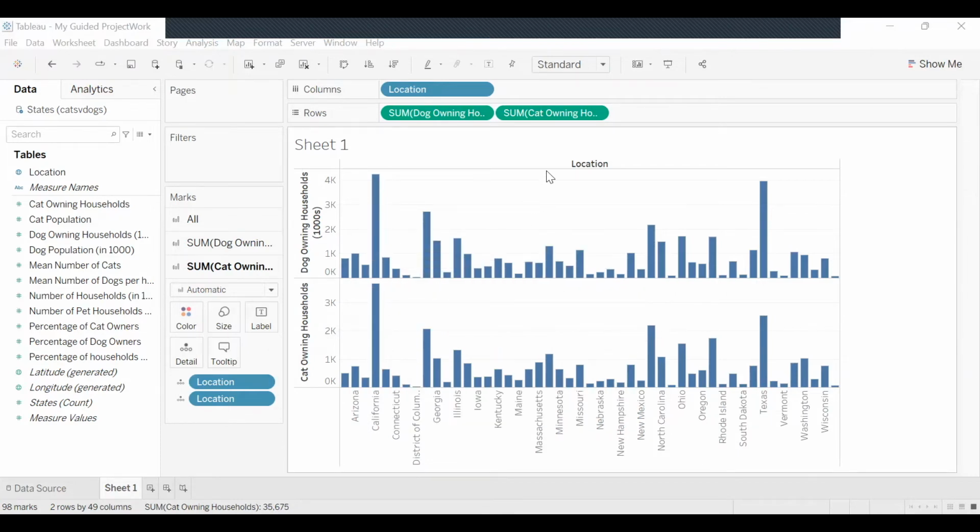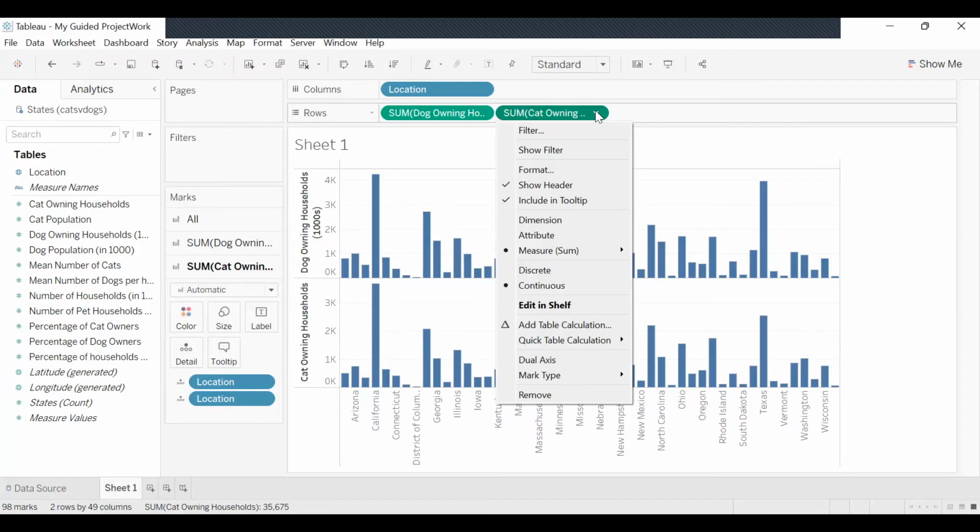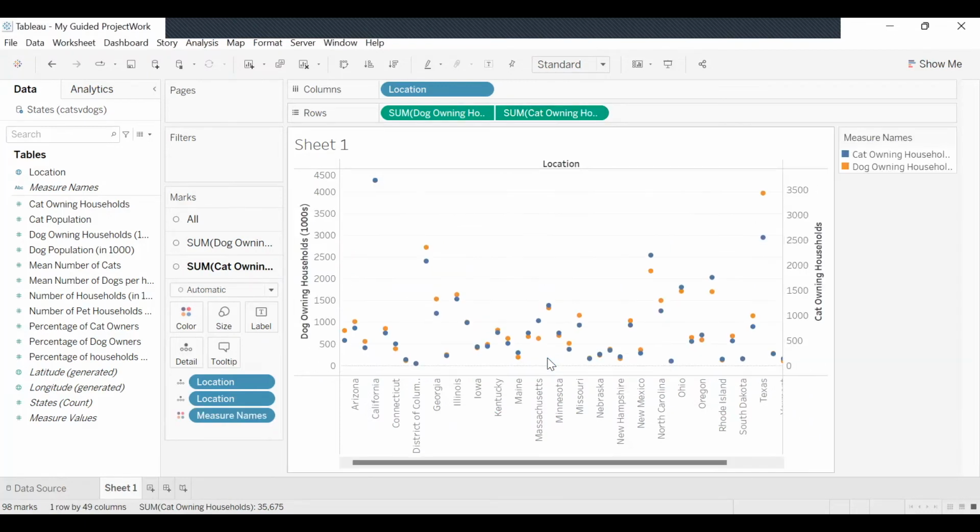So what we want to do is combine this graph into a single graph so that it's easier for the business users to understand their requirement, because otherwise they'll be like, why do we have these two different graphs showing the same thing when there's no difference? So how do we do that? We go here and we select dual axis. When we click on it, automatically it gets merged, and now here we have dog